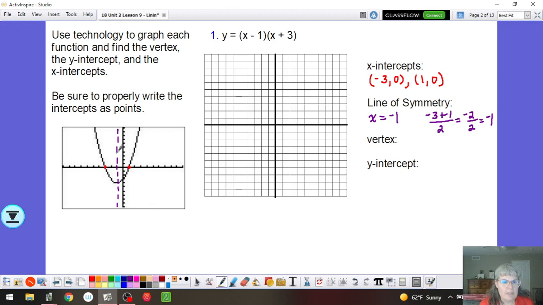Now remember, I said the vertex is located on this line of symmetry. So that means our vertex is going to have the same x value as our line of symmetry. And if we look at our graph, this appears to be down 1, 2, 3, 4 units. So (-1, -4). Now just to clarify how we could find this mathematically,